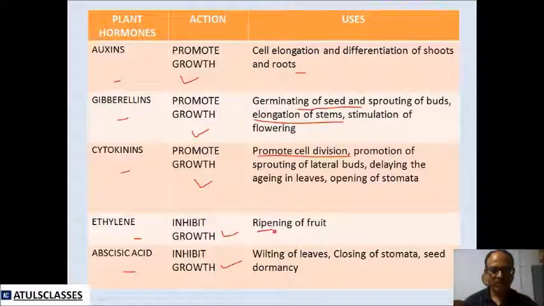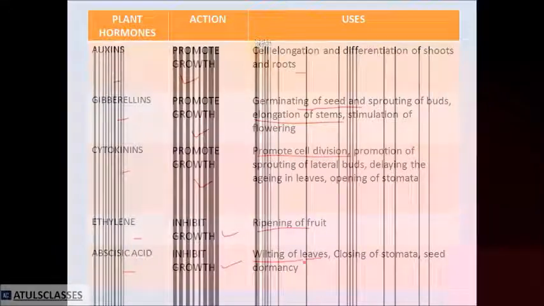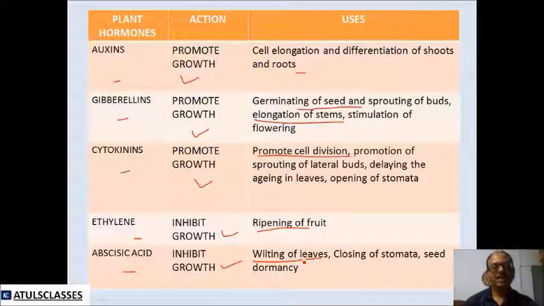So you know that most of the fruits we get nowadays are ripened with the help of it, by producing ethylene gas. And the last one, that is abscisic acid, helps in wilting of leaves. So why, during the seasons, do plants shed their leaves? It's only because they are wilting because of the action of hormone abscisic acid. Plus, it is very important, it is helping in seed dormancy.